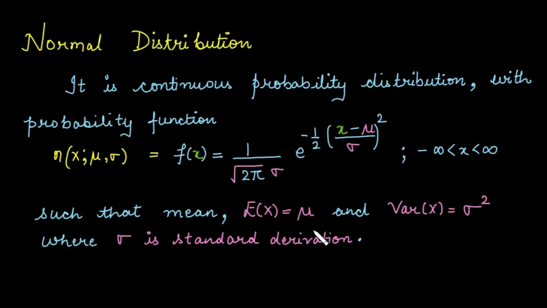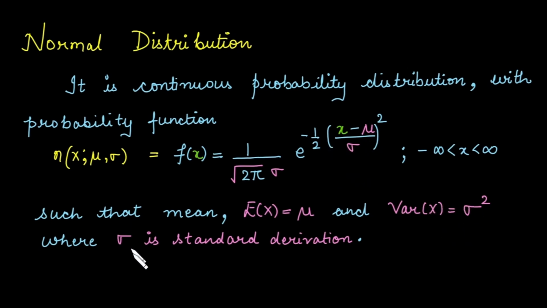Normal distribution in Excel. In this video, we are going to learn how to construct the normal curve in Excel. But before that, let's have a brief introduction to this distribution. The normal distribution is a continuous distribution defined by this formula where mu represents the mean and sigma square represents